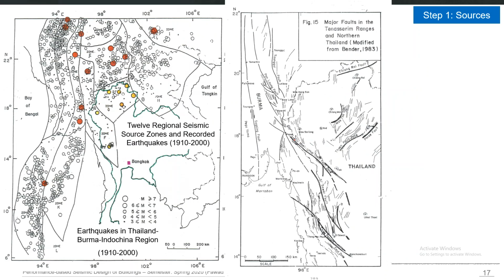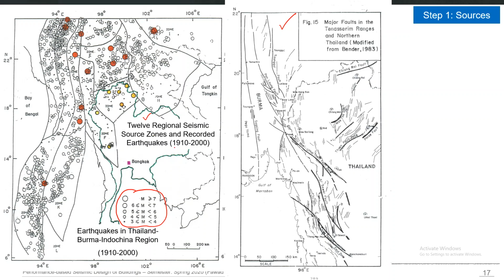Similarly, you can see here the seismic source zones for the PSHA of Thailand. So you can see that all of the historical data, all of these circles are past earthquakes, and their size is indicating the magnitude. So you can see a pattern in the location of these earthquakes. So based on that, and also looking at the seismotectonic environment of Thailand, this seismotectonic map of Thailand, the area sources are decided or delineated here. So the country is divided into 12 regional seismic source zones.